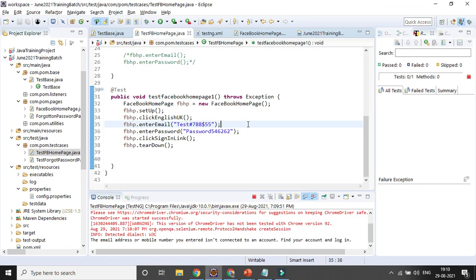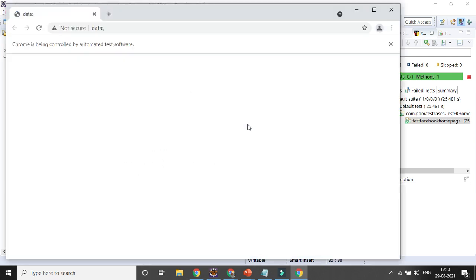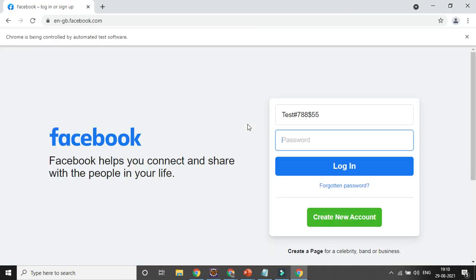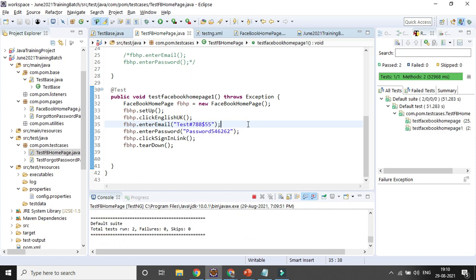One test case got passed, and it will go for the next test case. You can see it is running, so both the test cases ran successfully, and the result got updated.